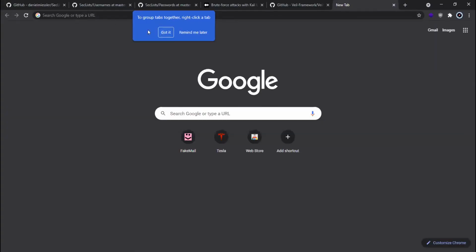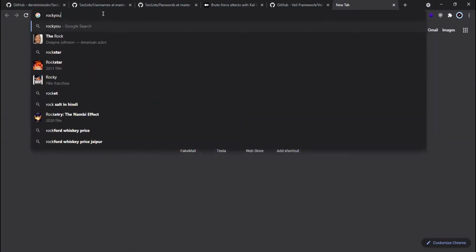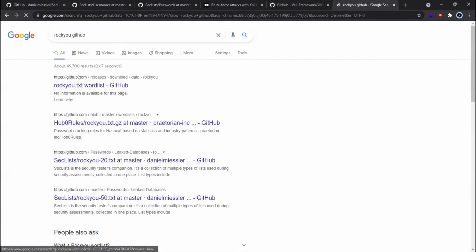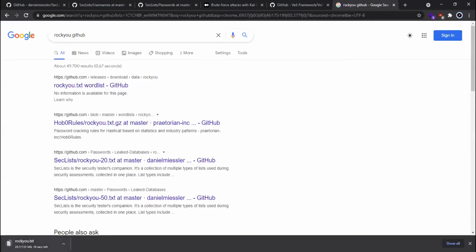For the rockyou file, you'll just search "rockyou GitHub". The first link which comes is the rockyou.txt from GitHub, as you can see, releases, download, data, rockyou. If you just click on it, it'll download that rockyou file, which is around 100 MB.